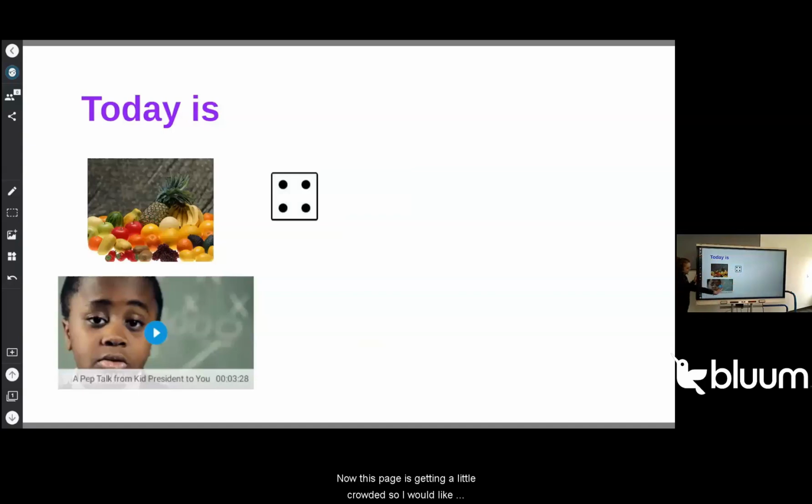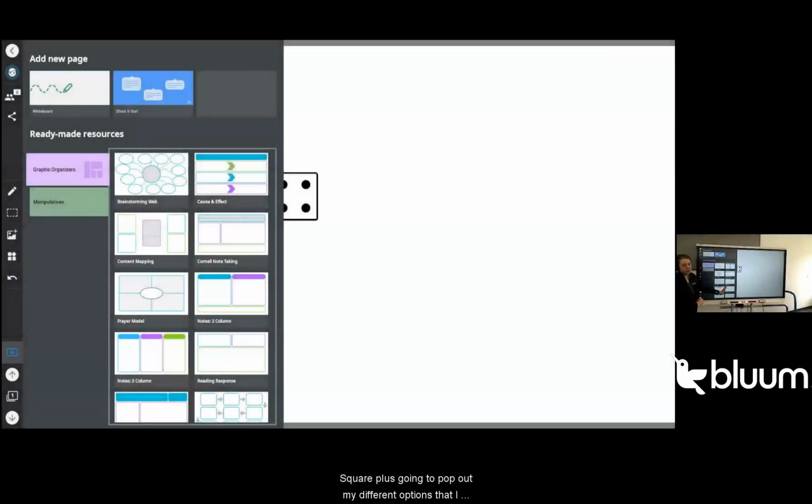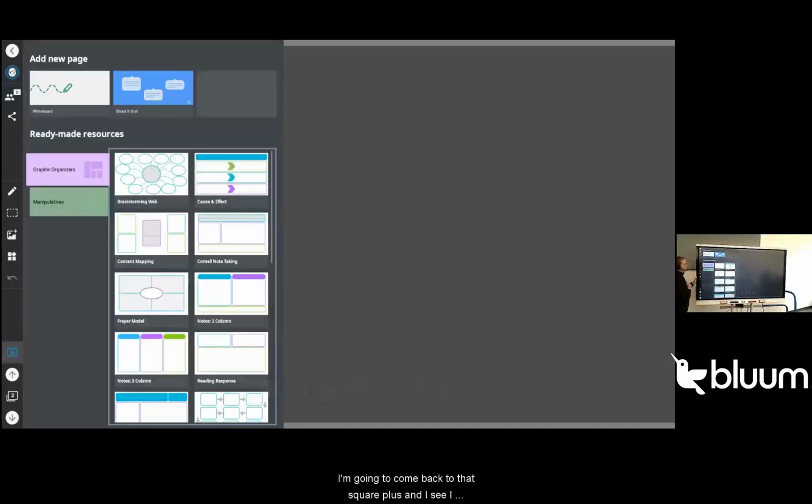Now this page is getting a little crowded, so I would like to add a new page to my lesson. To be able to add new pages, we're going to go ahead and tap on the square plus in the lower left-hand corner. Now that square plus is going to pop out my different options that I have available, including adding a blank new page to my whiteboard lesson. Again, I have those background colors that are appearing, so I can change my background. But we also notice we have a library of ready-made resources ready to go to be able to add to my lesson. So I'm going to come back to that square plus, and I see I have ready-made resources available,